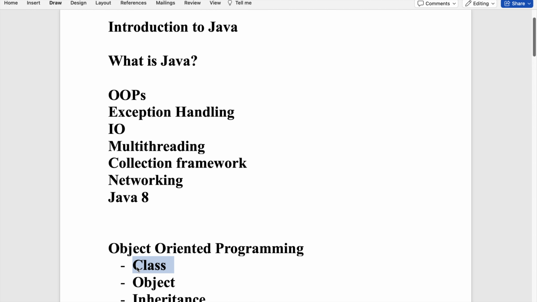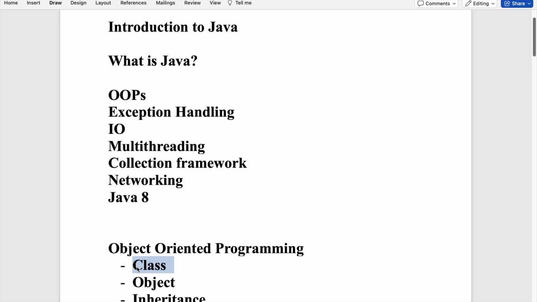So what is a class? A class is a blueprint which contains a set of objects which share common characteristics, behavior, or common properties or attributes. It's a user defined prototype from which objects can be created. So it's not an object. Object and class, you might get confused. It's just a prototype from which an object can be created. It's not a real world entity, it's just a template or blueprint or a prototype.